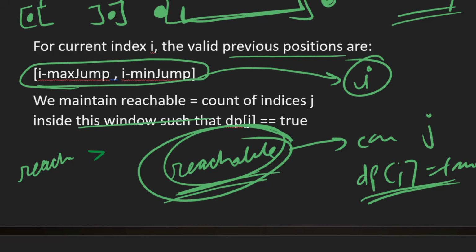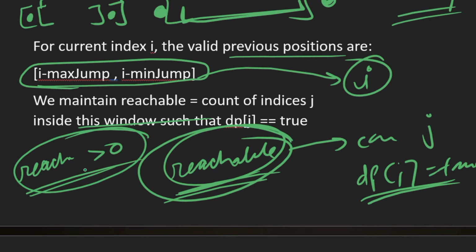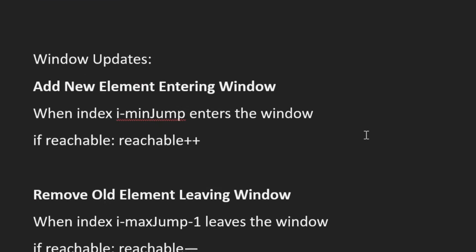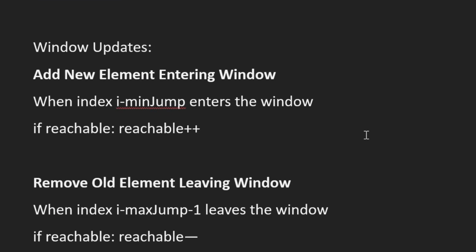If this variable reachable is greater than 0, that means there are indexes in the jump range that are reachable, right? So how will we be updating our window?